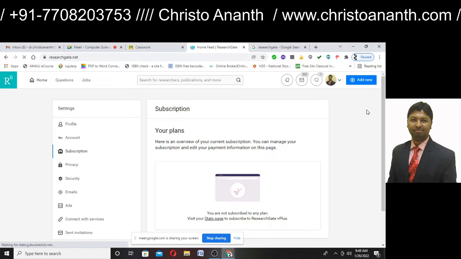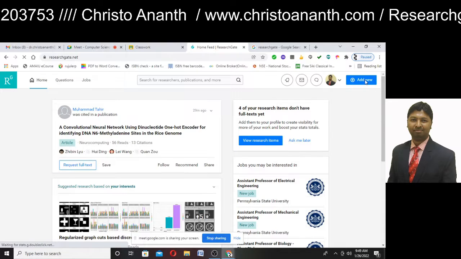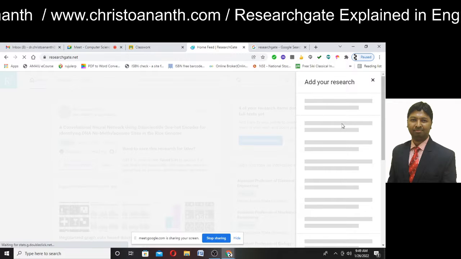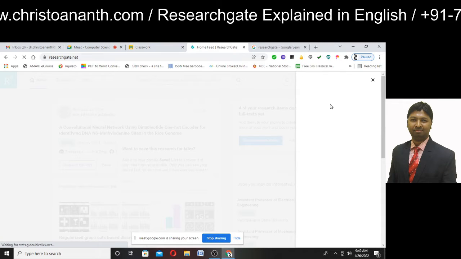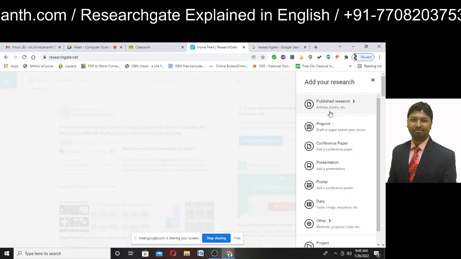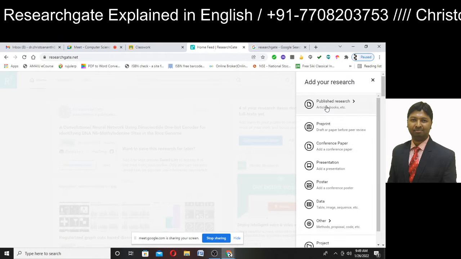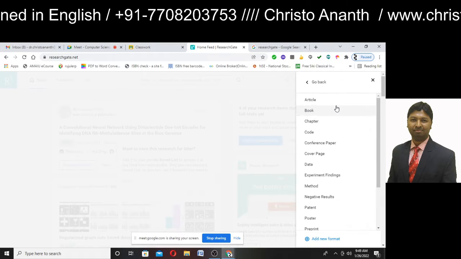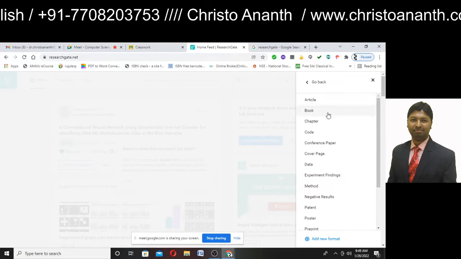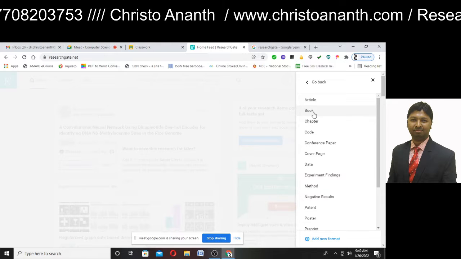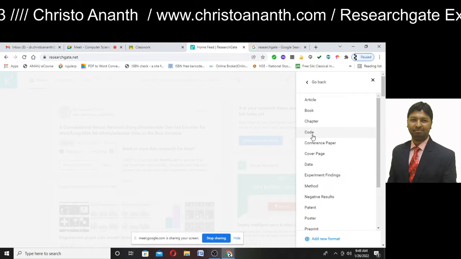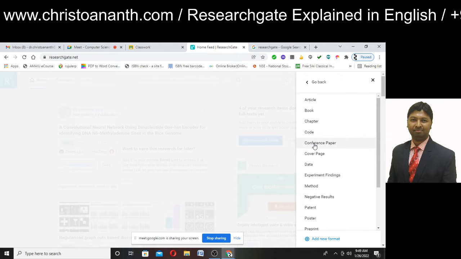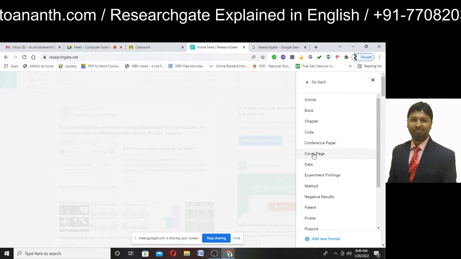So this is the most important section, because this is how you add your research articles. Here you have the add research section. This is actually published research, which means you can add your published research articles. The published research can be of many types: article, book chapter, code. If you have formulated any code, you can add that. Conference paper, cover page if you have designed one,